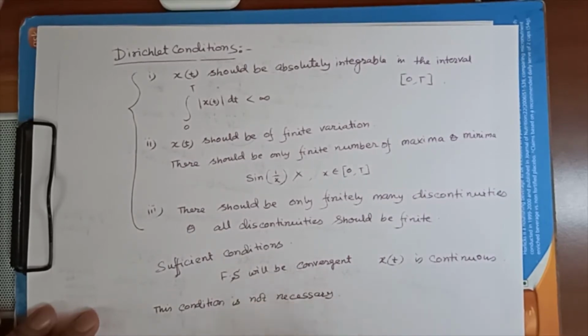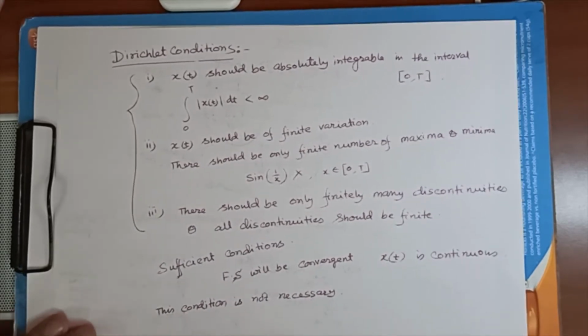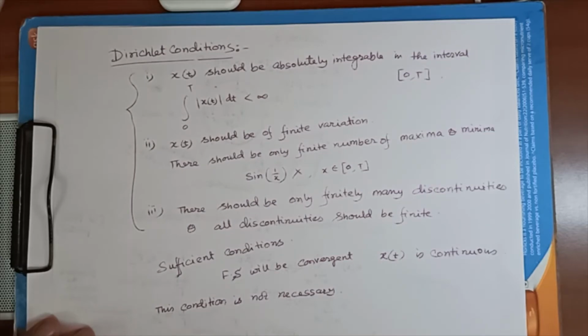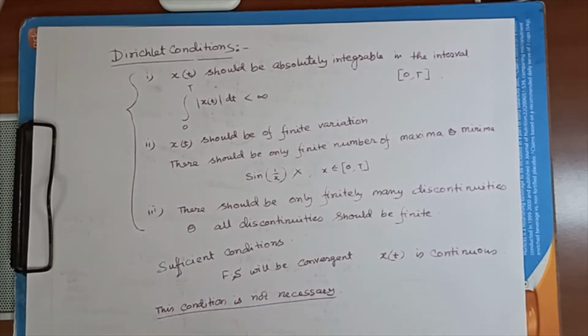That means that even if this condition is not satisfied, that does not mean that the Fourier series will not be convergent. So it is possible that you have a convergent Fourier series even without satisfying this condition. So this is tricky, because people have shown different kinds of convergence at different times. For example, Andrei Kolmogorov showed that even a continuous function can have a discontinuous, that is, non-convergent, Fourier series. So that is possible.